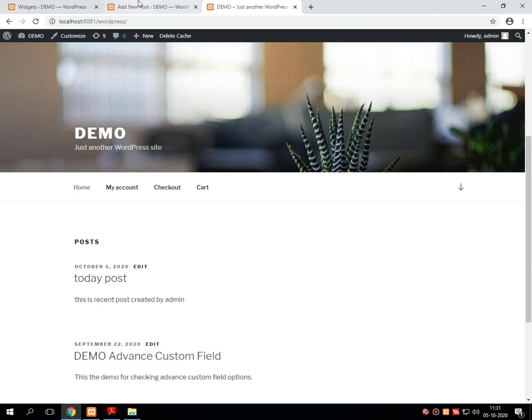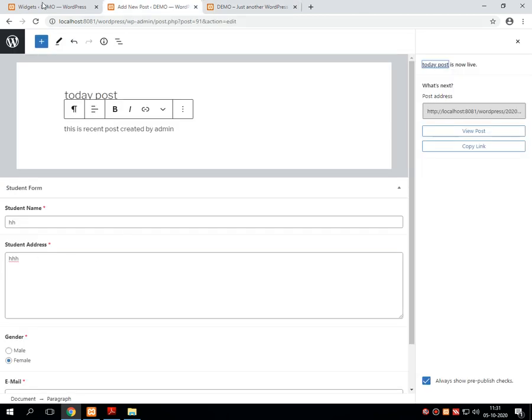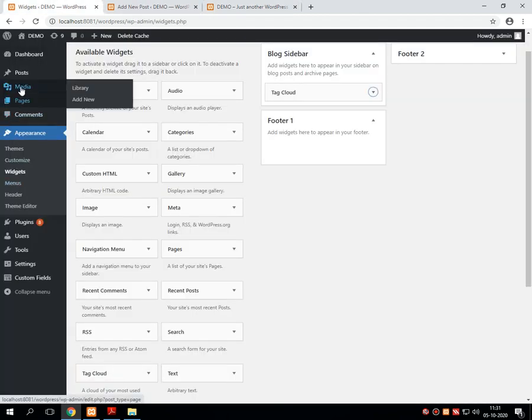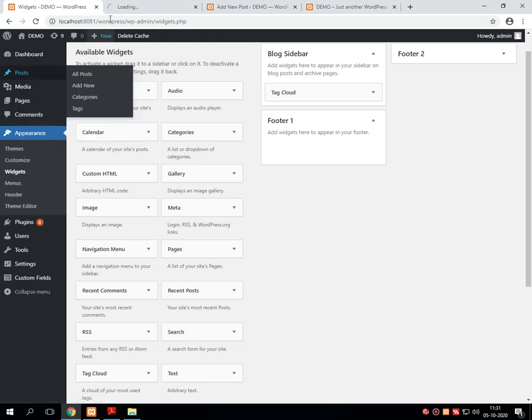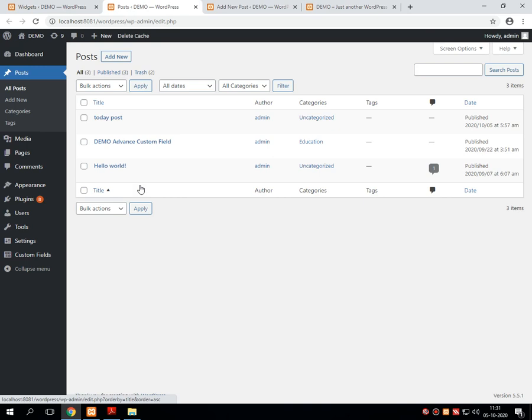I think we have not created any tag, that's why it shows something like this. Let me go into the post first, and there are no tags in any of the posts.